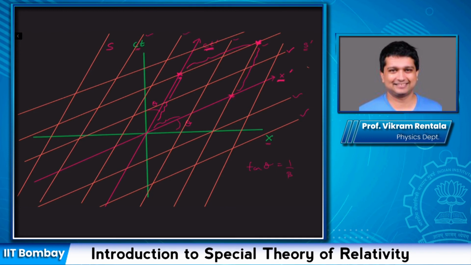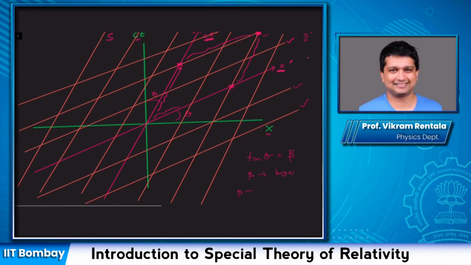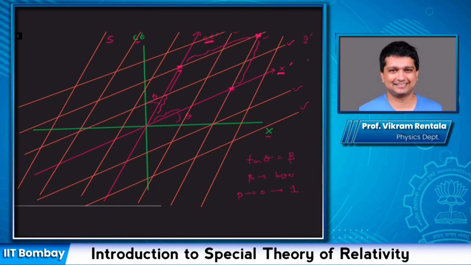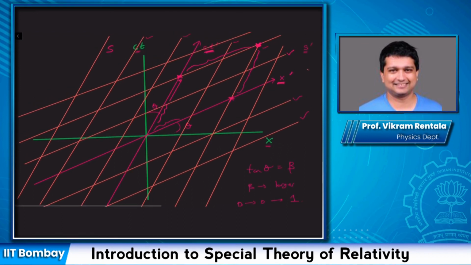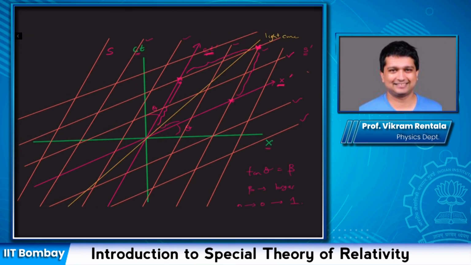Now, I made a mistake down here. Tan theta is beta, not 1 by beta. So the interesting thing that you can see, as beta gets larger, that is, as beta goes from 0 to 1, that is, the speed of S prime relative to S approaches the speed of light, this angle theta gets larger,